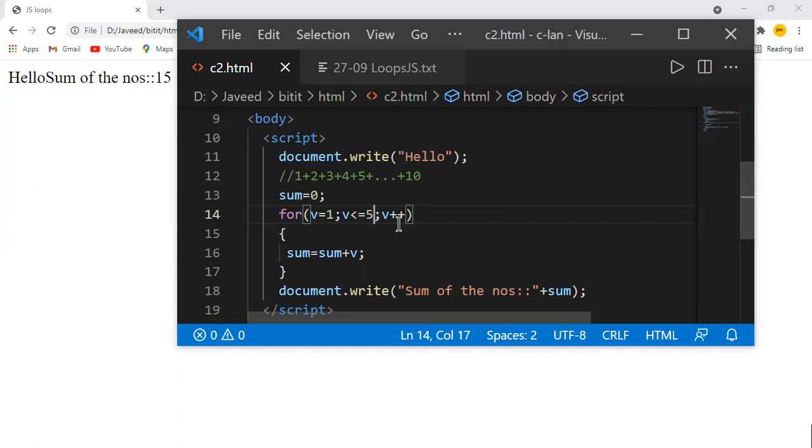So this is how we can use loops to find the sum of the numbers. We also have another use case where I want to have the factorial of a number. I'll just copy this example.